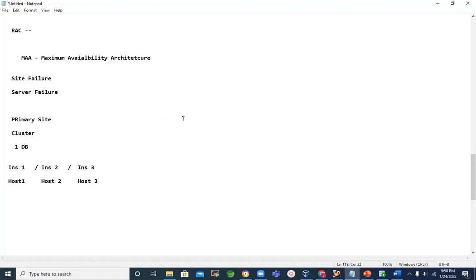The standby site, we have separately. In the standby site, it may or may not be a cluster. We don't know. It may be a standalone environment, just a single standby server. That's okay, that's fine. But now what's happened? Due to some failure, the servers crash or not. Now what will happen? Standby site